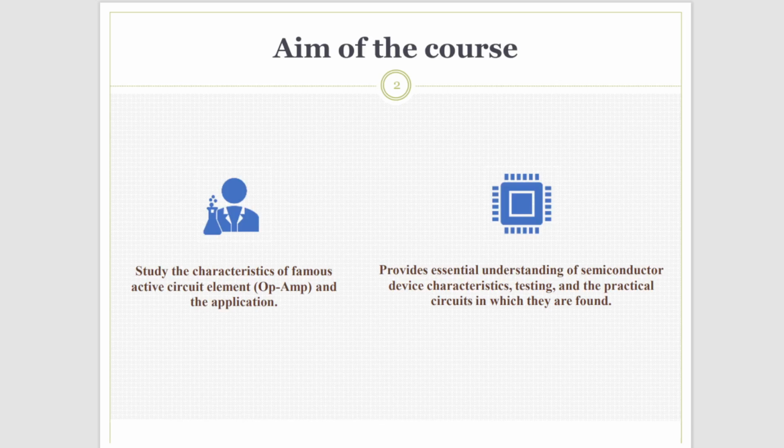First, the aim of this course is to study the characteristics of the most famous and used electronic component, and this is the operational amplifier, the op-amp, and its applications. So that actually means that we are going to study the characteristics of this operational amplifier and how to calculate the resistors that we are going to add into the circuit of the operational amplifier. And also we are going to study the application circuits of this operational amplifier and where do we use this